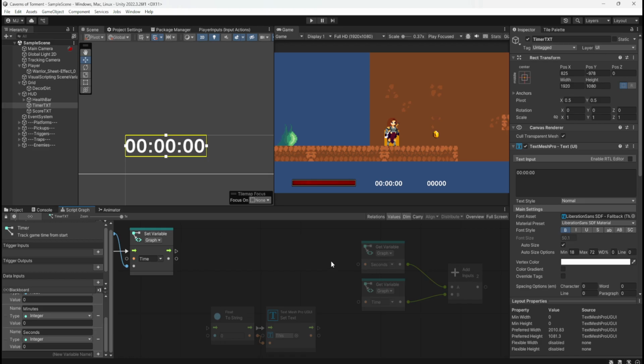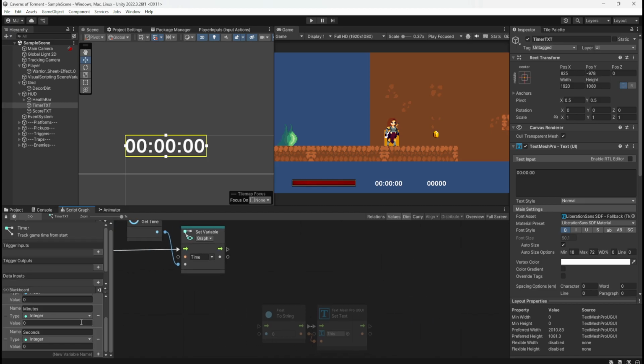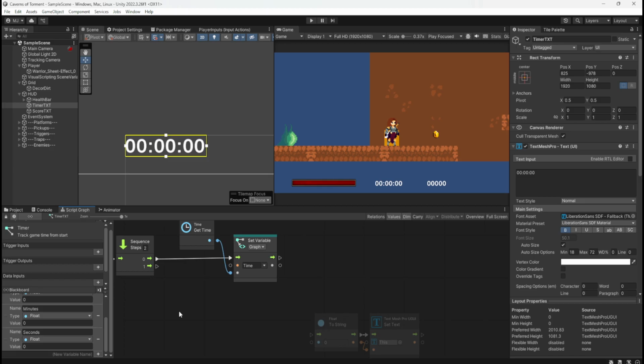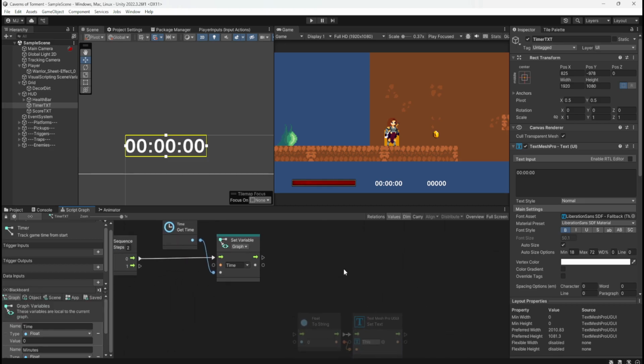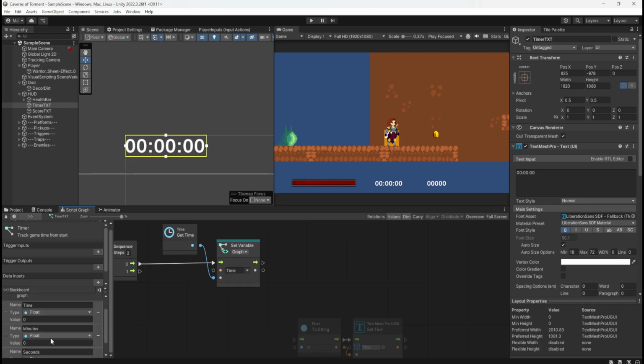I can still do it as a float, just as a whole number. It doesn't have to be a decimal point, does it? Why am I overcomplicating things? I should be able to do it this way without a problem. Get the time. So every tick of the game, it's adding to the time.